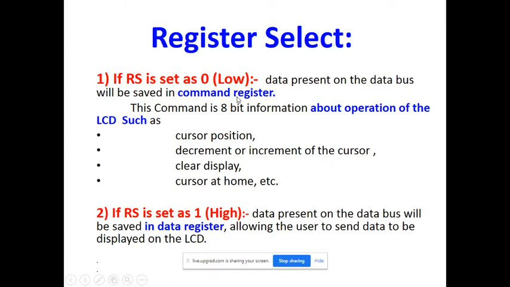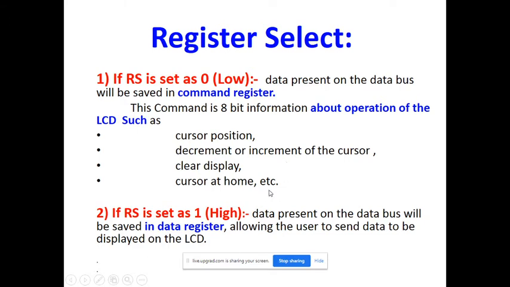Suppose you want to display the word register. This is the letter we want to display. Suppose you place the cursor at a particular location, and the cursor remains only at that location. Then you display R there, on the same spot you display E, then G, I. Means at the same location you are displaying all the letters. But that we don't want. We want to display the whole word, register. Means my cursor must be shifted towards the right every time. All of you agree with this? Means you want to increment or decrement the cursor as per your choice.